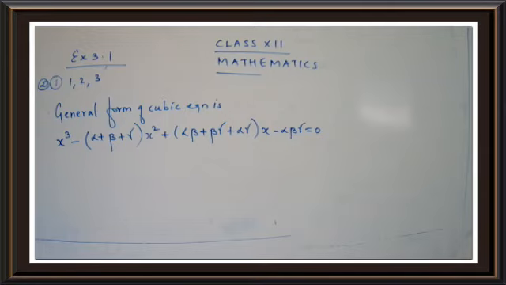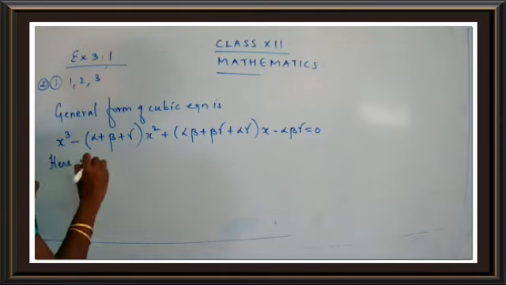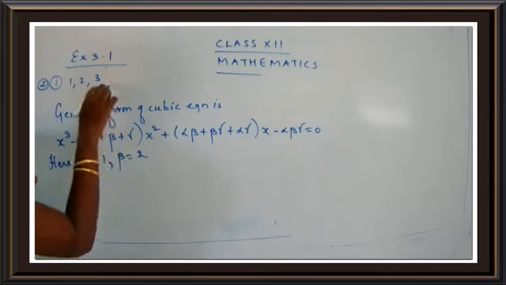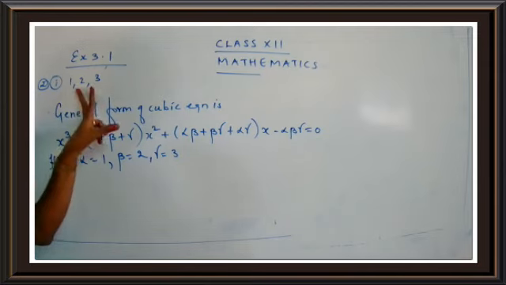Okay, children? So now here you have to find the values of alpha plus beta plus gamma, alpha beta plus beta gamma and so on. So let us write down here. Here, you know the three roots. Yes, children, they have given you that the three roots are: write down here, alpha is equal to 1, beta is equal to 2, and gamma is equal to 3. So you have to take the values that are given to you.